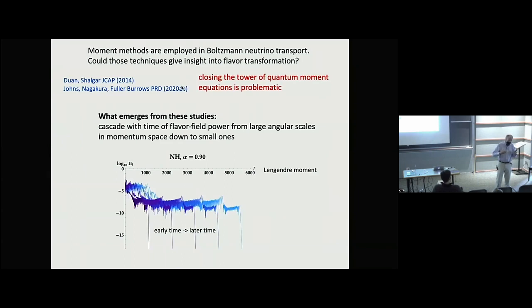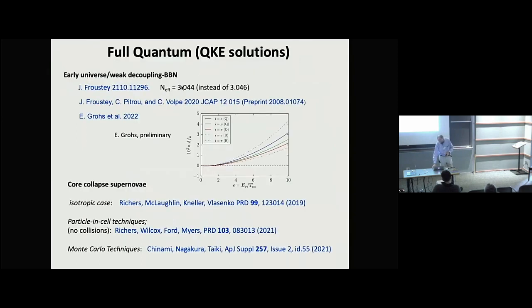The point is that the Boltzmann classical calculations use a moment method to solve the Boltzmann equation. So we said, we're just going to try to piggyback on that, and we'll have a quantum moment method to do this, which was kind of stupid, really, if you look back on it, because we needed something like 1,000 angle bins to get convergence. Alex is nodding to me. Yeah, so this was crazy. But we learned something very interesting, which is that the transformation power seems to cascade with time from larger scales down to smaller scales in something like a turbulent cascade.